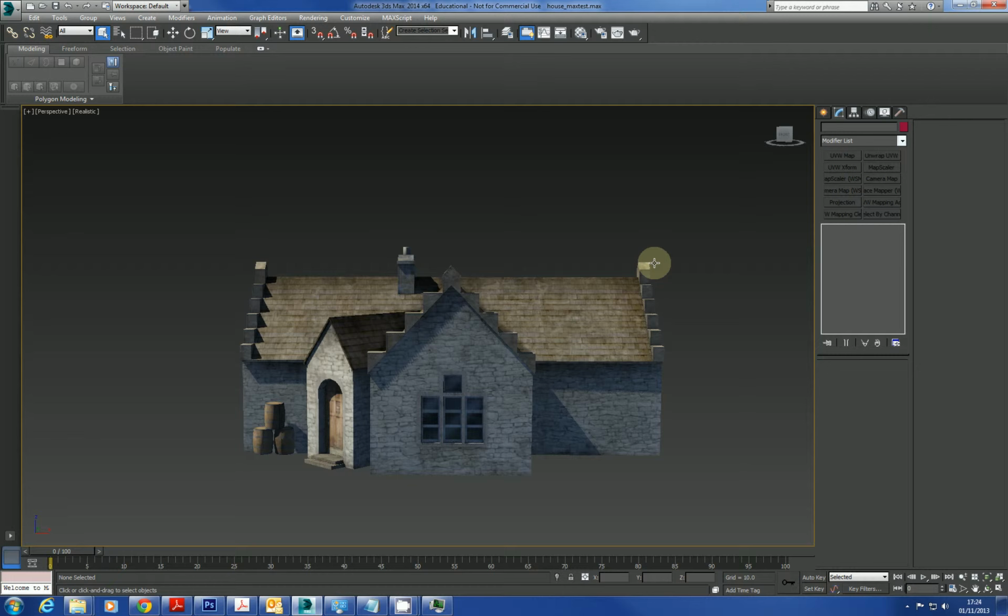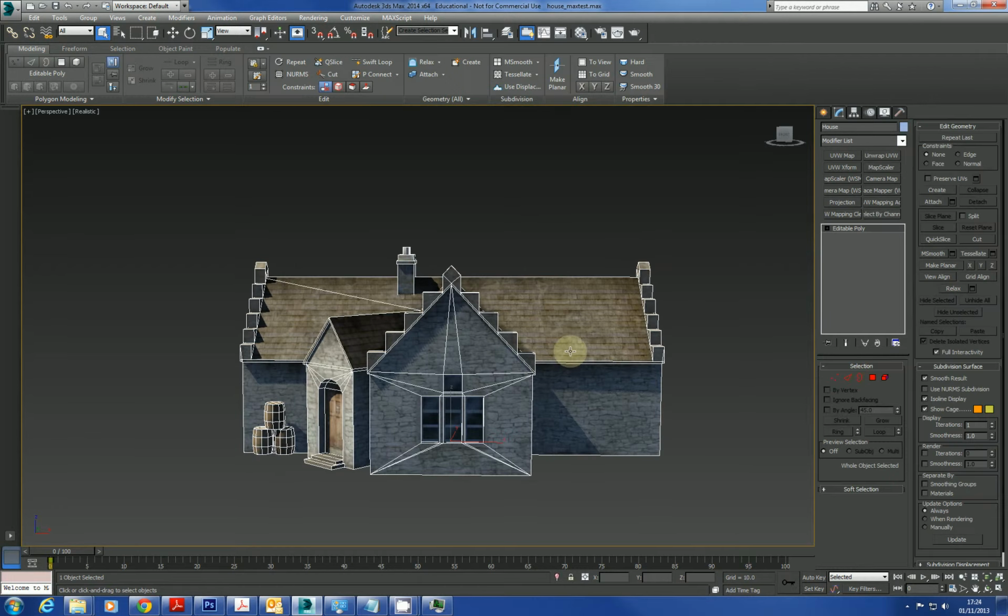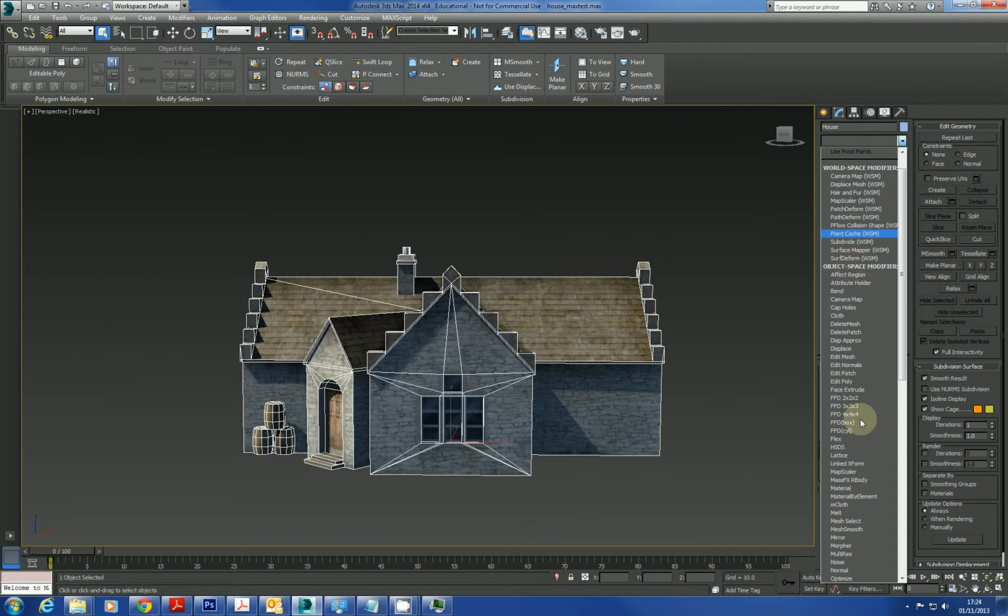To begin with, what we're going to do is apply the unwrap UV modifier. As you can see, I've already got a button here that allows you to apply it. You can customize your menu, but the way you'll access it is to go down into the modifier list and find the unwrap UV option, which is just here. Apply that,